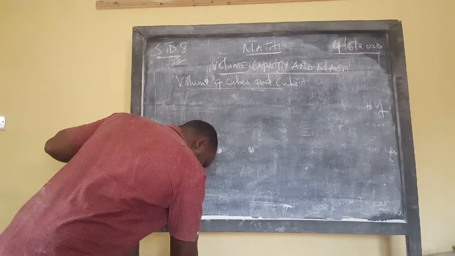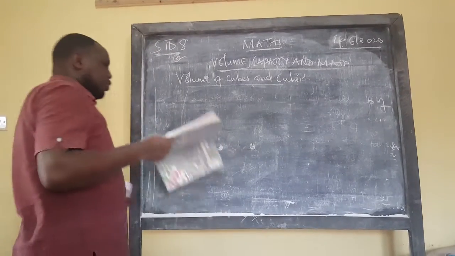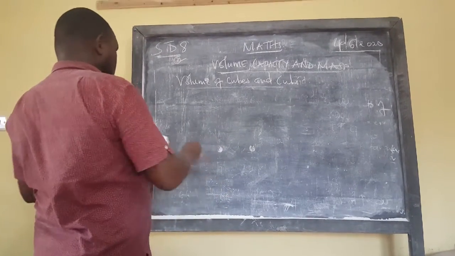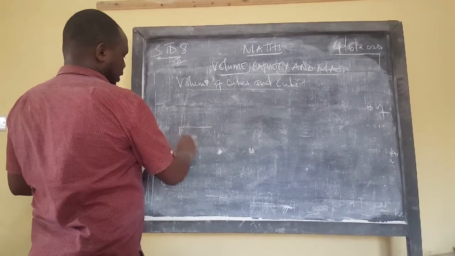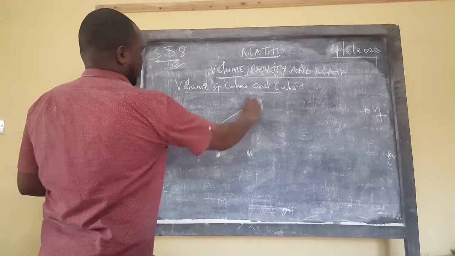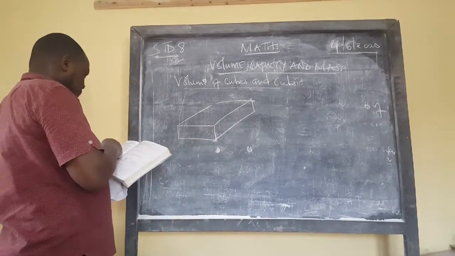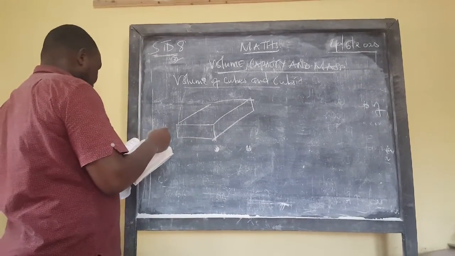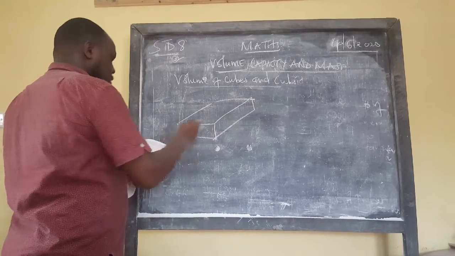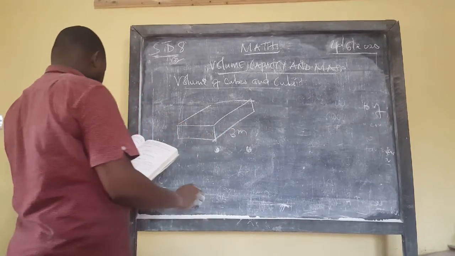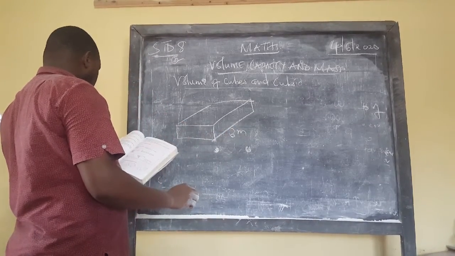So now let me draw this here, because it's important that you see what I'm supposed to do here. You are told that the rectangular box measures 3 meters. That is to be the length, and then 2 meters